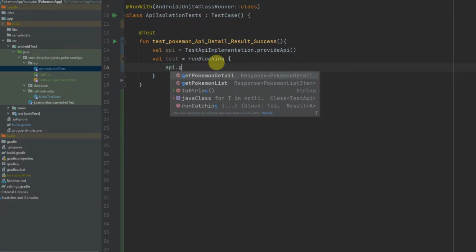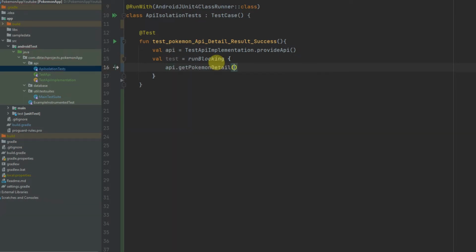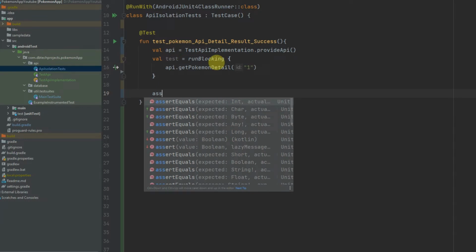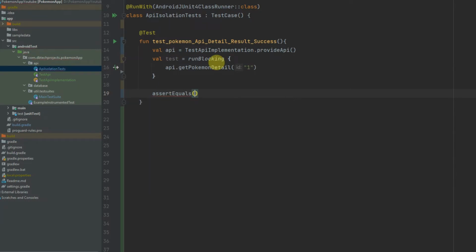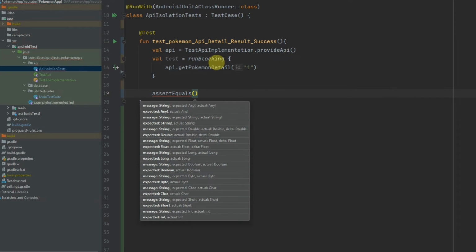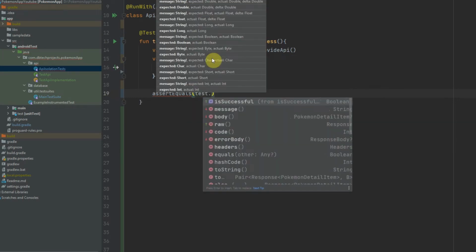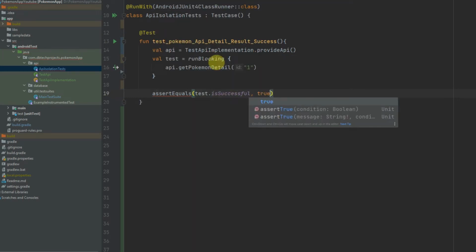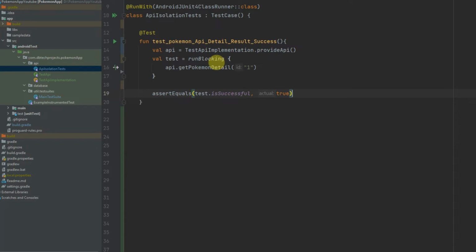We'll call the API, getPokemonDetail, and pass in an ID. We'll just use ID 1. And then we are going to use the assert function, which is assertEquals. Our expected result is test is successful, and we want it to be true. And that is what we are passing here. So we are expecting to call the API and it to return a successful response, and just making sure that